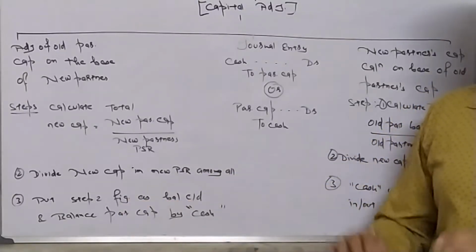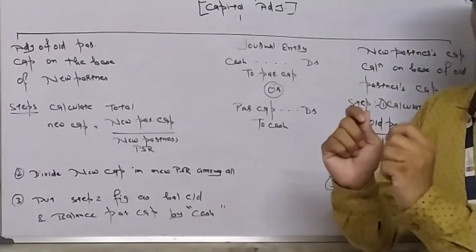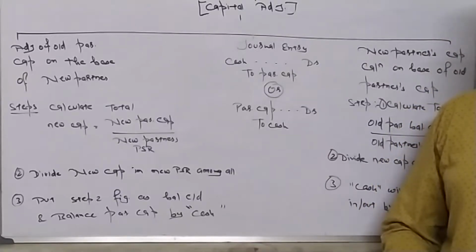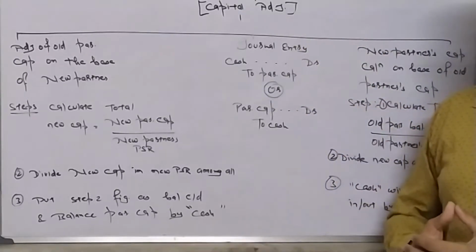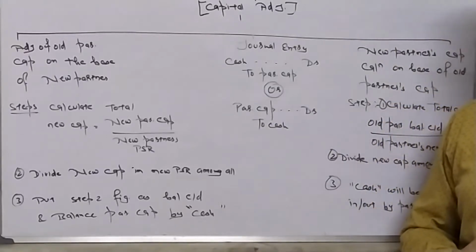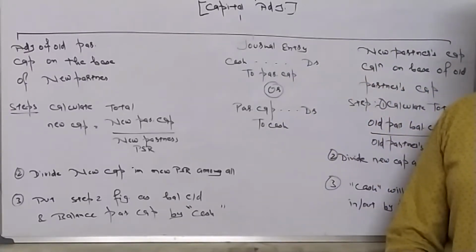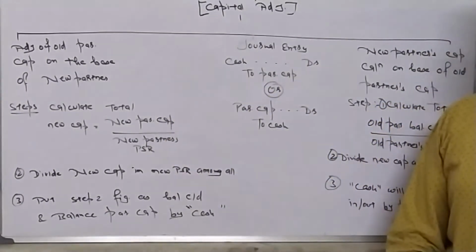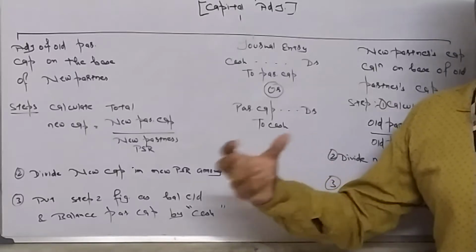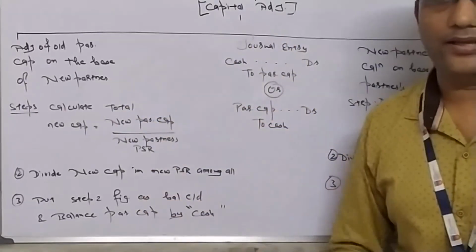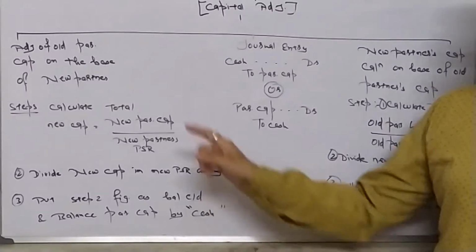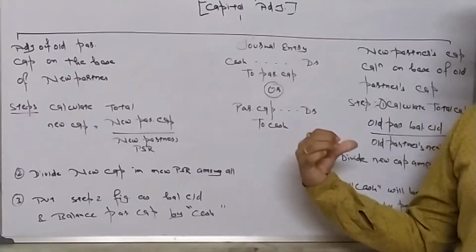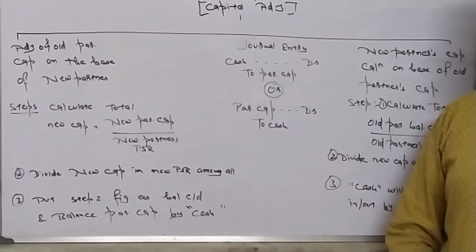Then we will put that new capital as balance CD. But as we have put the figure randomly, it was not the difference calculation. We have put the new figure over there. Both sides will not match. There will be some balance over there. So whichever side balance is less, we will use cash account. Suppose Mr. A has less balance in debit side, we will write to cash. And Mr. B has less balance in credit side, we will write by cash. We will do it with an example, don't worry.